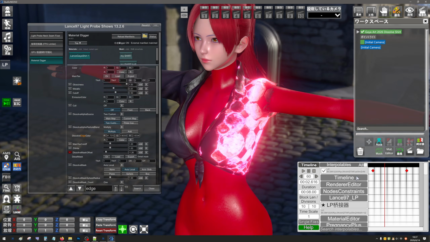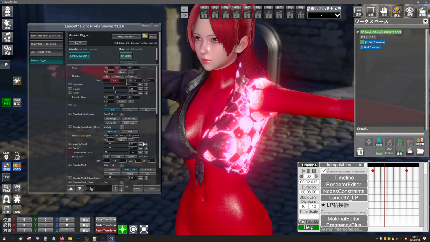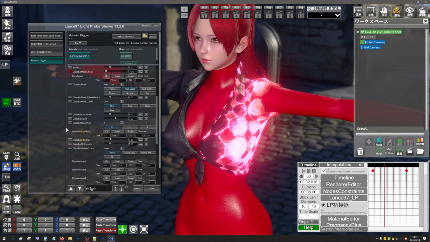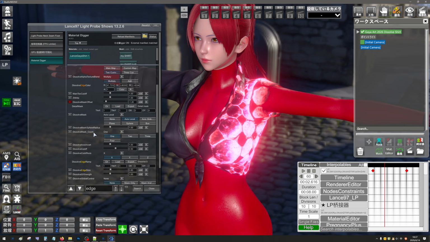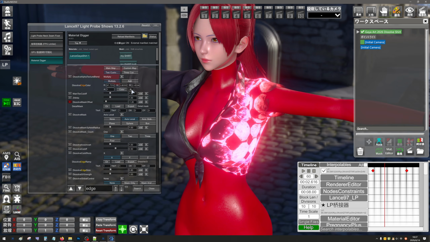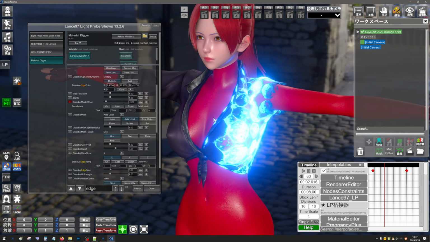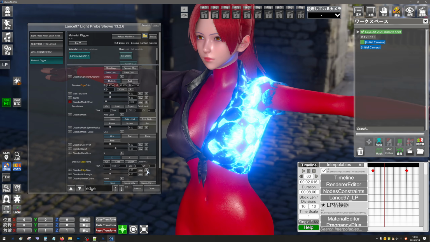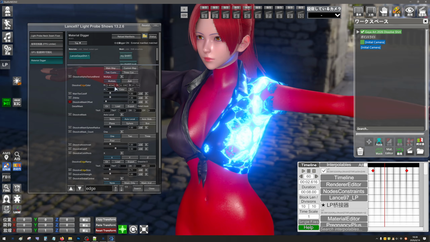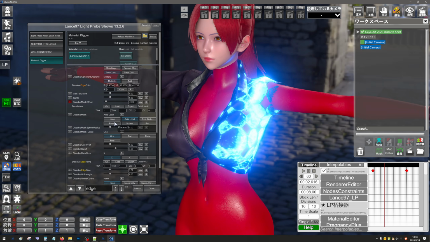If I pause here, you can see there's a function